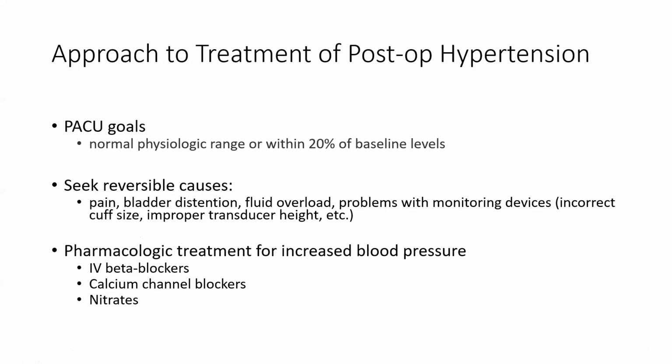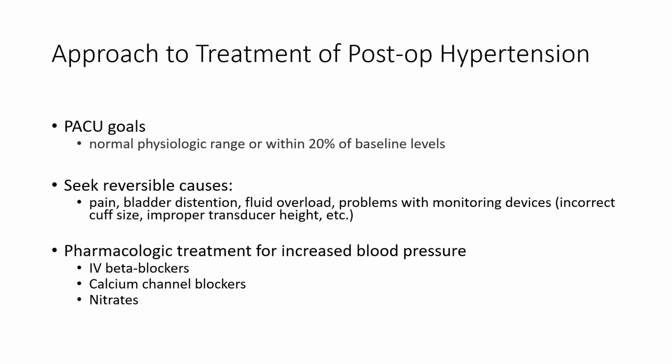So how do we approach treating hypertension in the PACU? As I'm sure you're all well aware, we are trying to keep our patients either at a normal physiologic range, whatever we predefined as normal, or if their baseline isn't normal, we want to keep them within 20% of their baseline. Like, we've all had patients who surprisingly live fairly comfortably with systolics of like 185 and diastolics of like